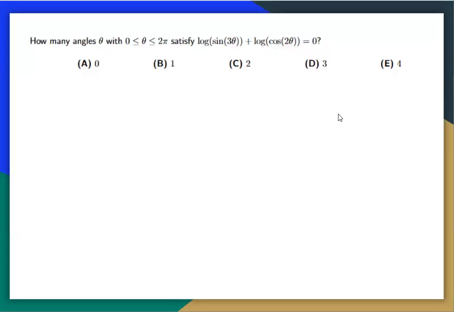Okay, so hello everyone. So this is 12A number 8. It's one of the early problems, which means it shouldn't be too challenging. We are told how many angles theta between 0 and 2 pi satisfy this given